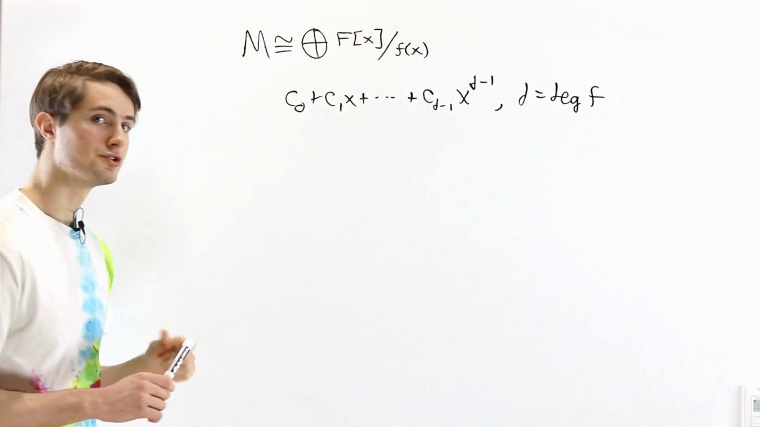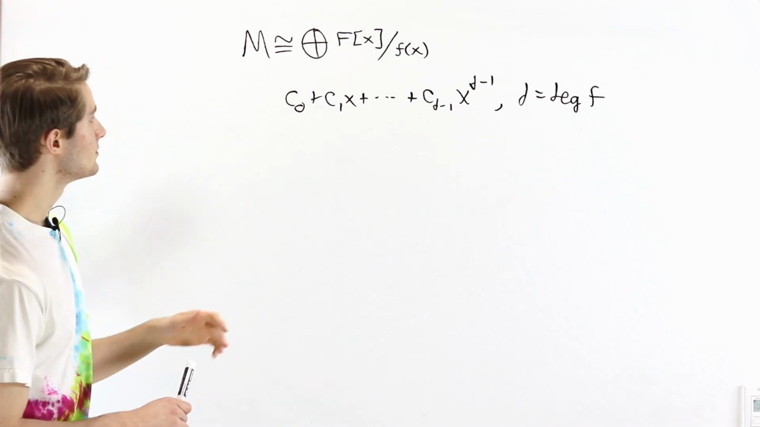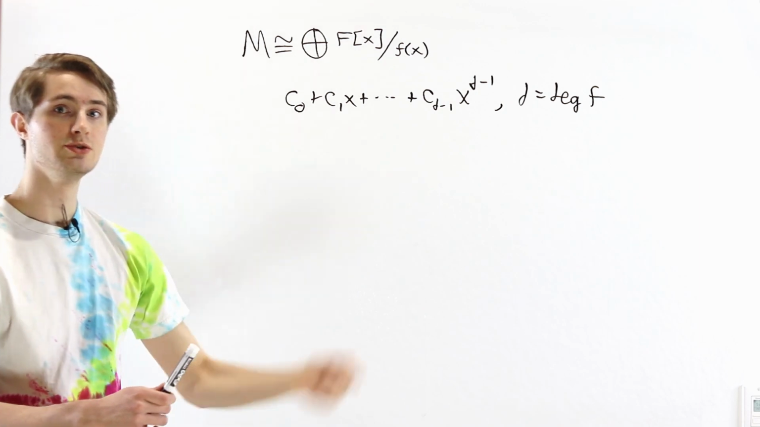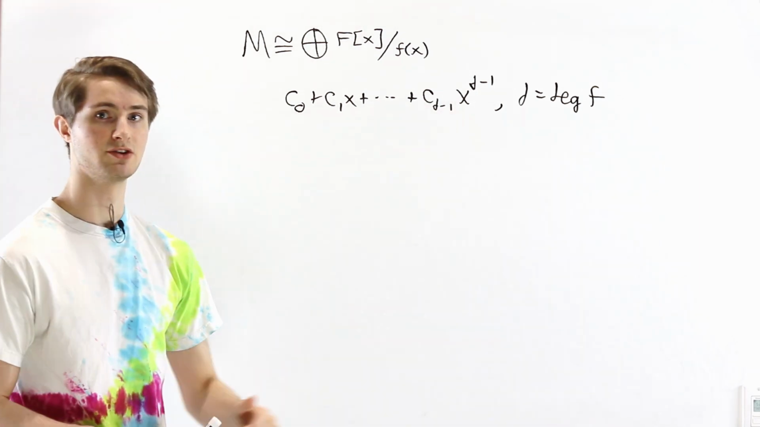And this is because once we get to anything that's degree d or higher, we can use the fact that f(x) equals 0 in this quotient to reduce down the powers until everything is d minus 1 or less. Let's consider this set 1, x, x squared, and so on up to x^{d-1}, of elements in our module. We want to consider whether this is a basis over F for our module as a